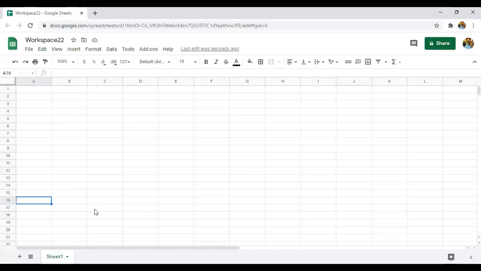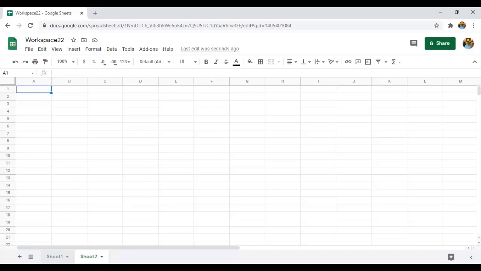For example, if you want to add another sheet to this one, you can see here there is a plus button. If you just place the cursor on it, you can see add sheet. Just by clicking on the plus button, the sheet will be opened, right? This is how we add sheets. But for easy remembrance, you need to name each and every sheet.